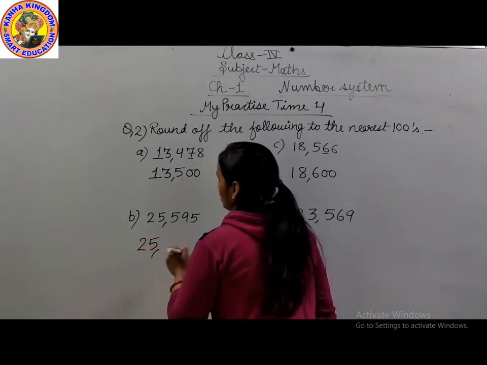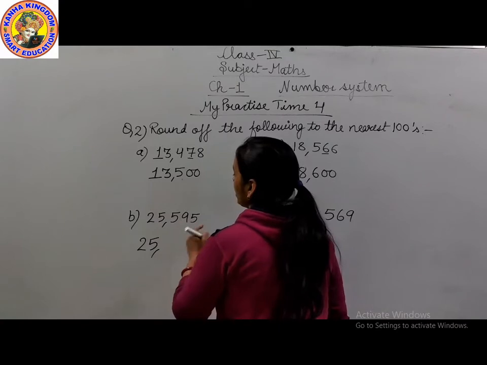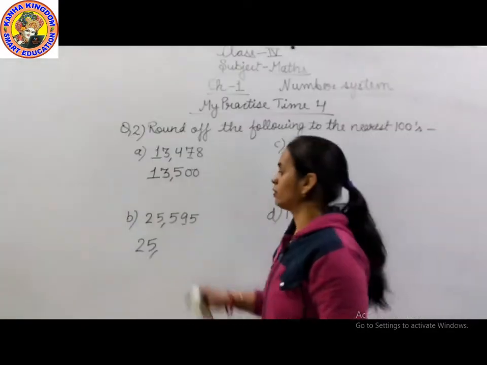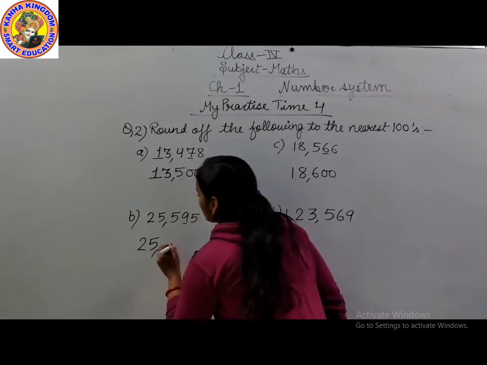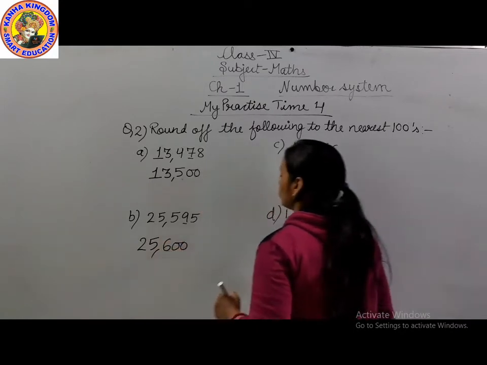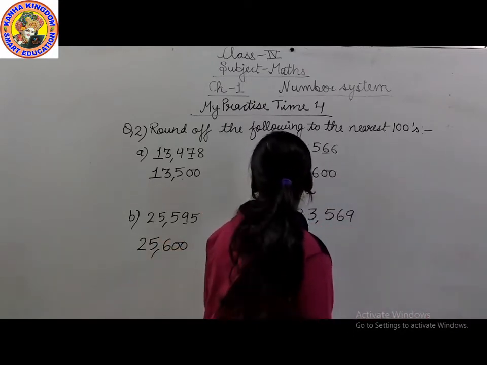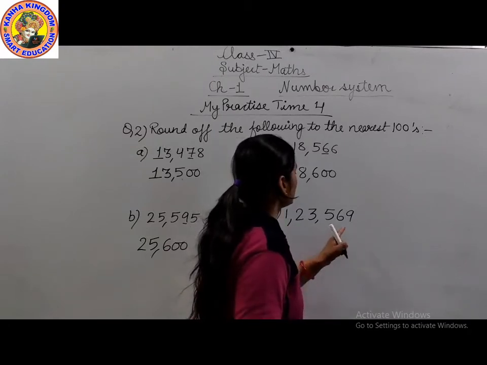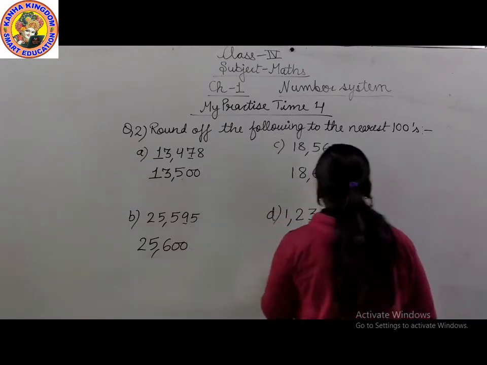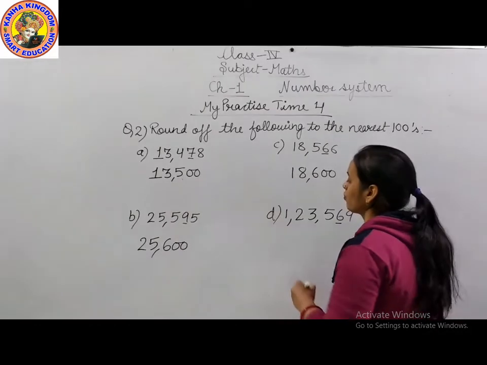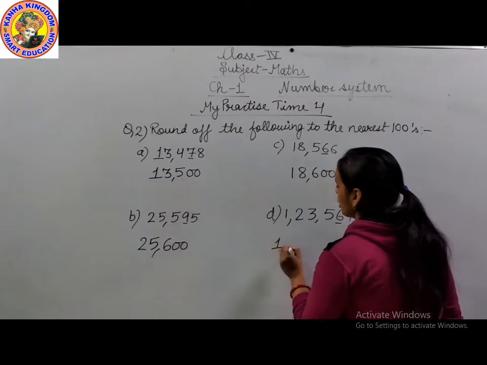25,595. So the digit at the tens place is more than 5. So write the next 100 digit. 500 plus 100, 600. Okay. Now next is 1,23,569. Again 6 is greater than 5. So we write here